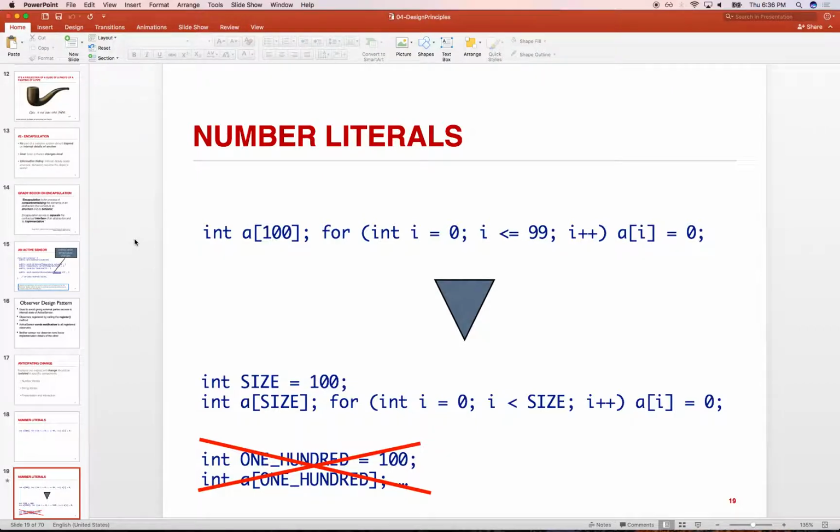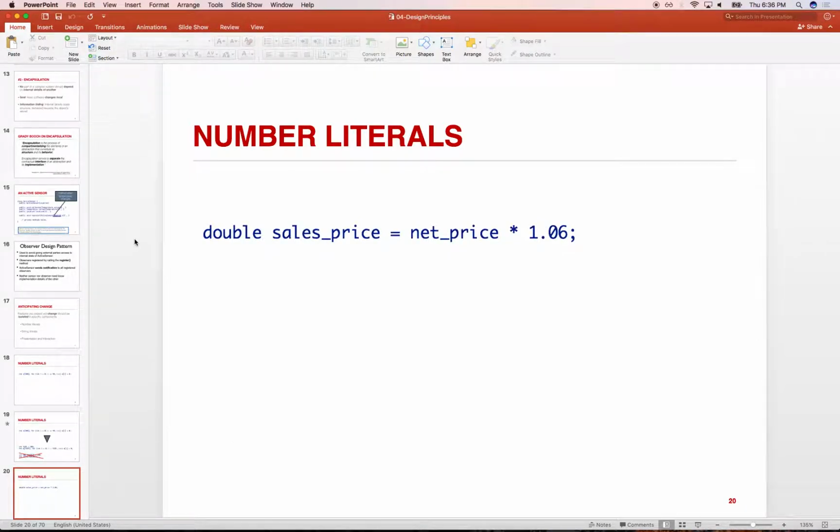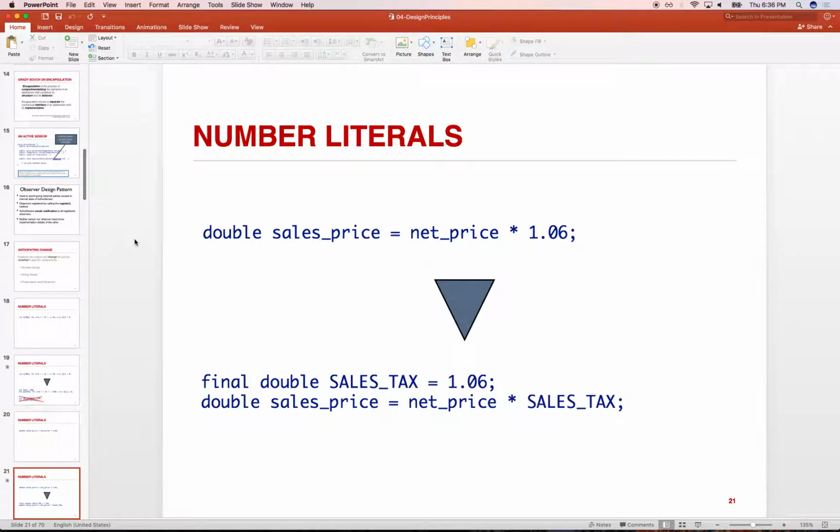Okay. So these are just minor best practices. Same thing here. Sales tax. You would declare 1.06 and then use that declaration elsewhere. Typically, either in one particular static class with all these configurations, or it could be a properties file, right? Or it could be a bean that would keep track of all these instances, or a singleton that keeps track